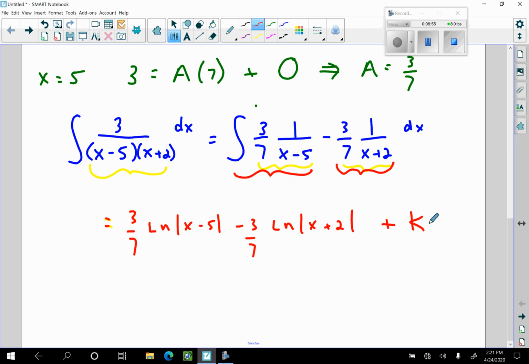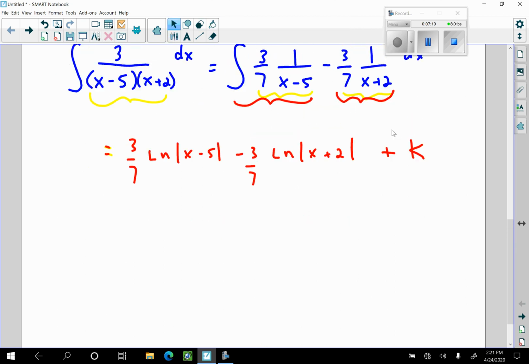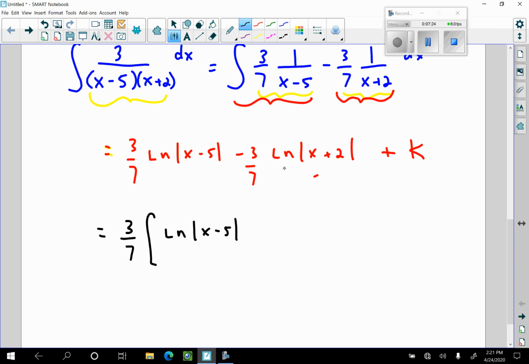If I want to clean this up a little bit, I certainly can. At this point right here, this is not incorrect, but I'm going to do some algebra here and show you some nice algebra tricks. What I'm going to do is factor out a negative 3/7. I'm going to factor out just 3/7, and this is going to be ln of x minus 5 plus ln of x plus 2 plus k. And true or false,